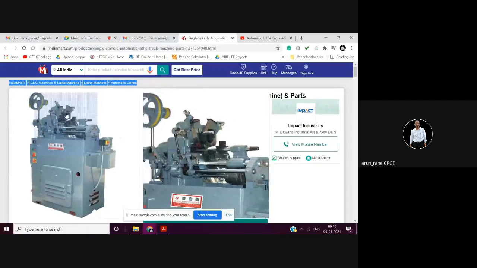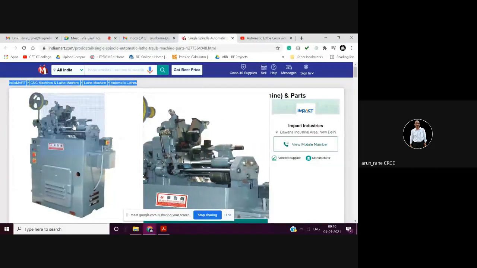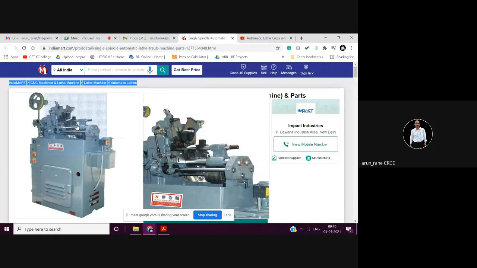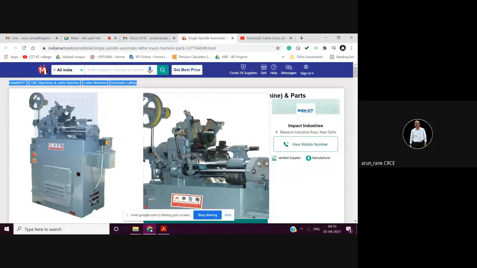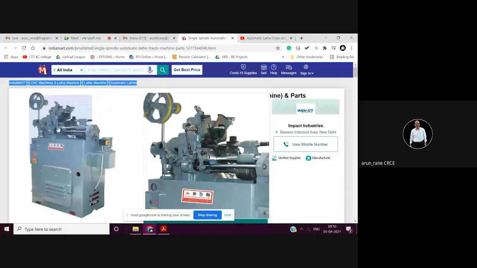Then you have two more slides in the front. Like this is like your lathe machine. So this is the front cross slide और इसके पीछे है exactly opposite. That is what is called as the rear cross slide. So altogether that means how many slides? So you have four slides. This is front vertical slide. This is rear vertical slide. And you have front cross slide and exactly opposite is your rear cross slide.